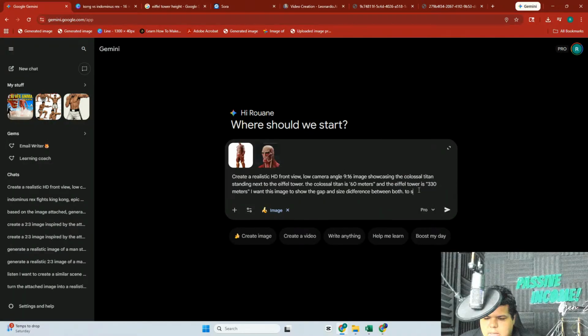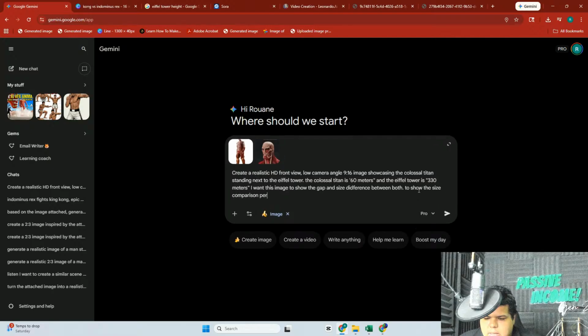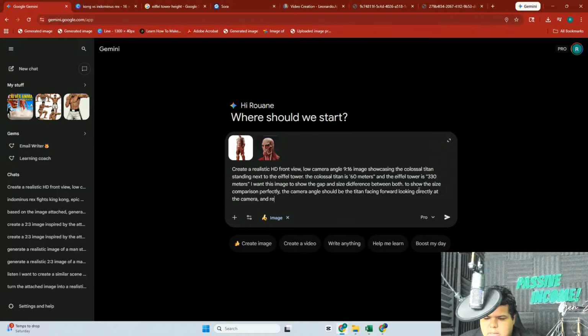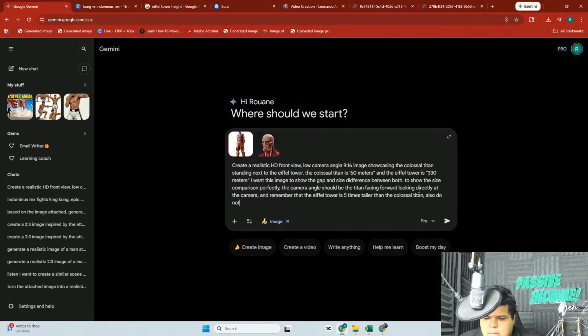Now, to show the size comparison perfectly, the camera angle should be the Titan facing forward, looking directly at the camera. And remember that the Eiffel Tower is 5 times taller than the Colossal Titan. Also, do not show any buildings or anything near them. Just a comparison